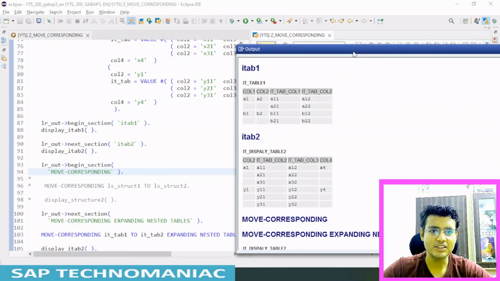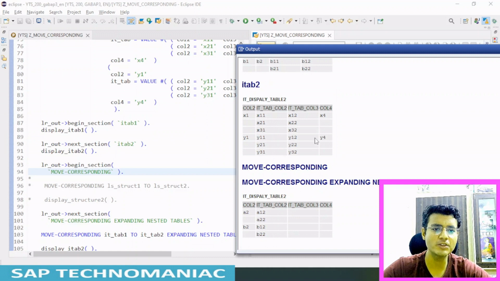So instead of the structure, now we have two tables. In one table we have two entries. The two tables also have a deep structure; they have a table inside that particular structure. So you can see this is one internal table. This is the entire internal table. This is one line for that particular internal table, and we have two lines within that internal table. You can see this, and the same goes with this also.